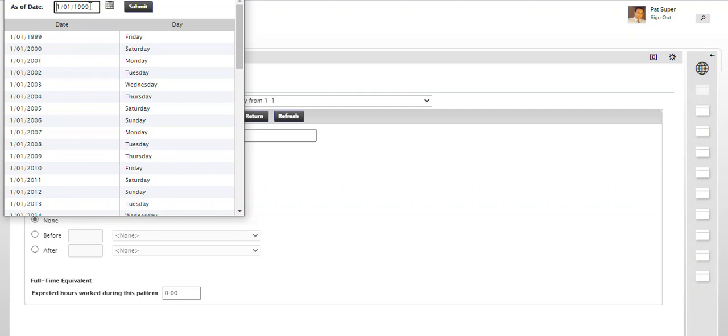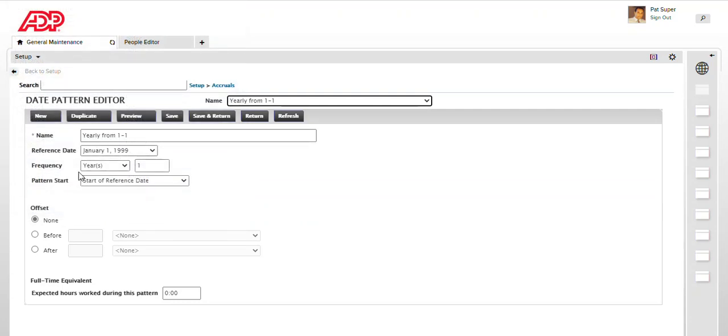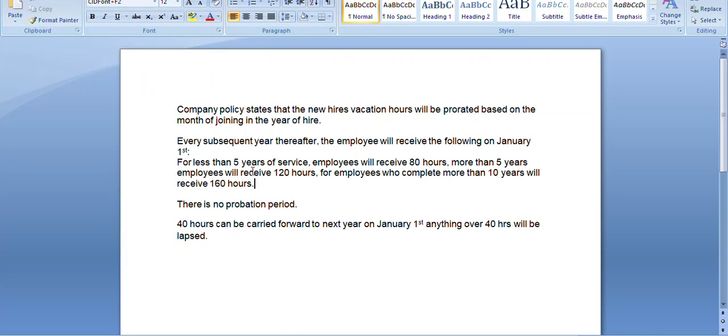You can also change the date, year, here if you want to, and then you will see that the dates are falling on the subsequent year, and it will also show what day that date corresponds to. So that's the very first one that we're going to use, which is yearly from Jan 1st. That will help us for these two